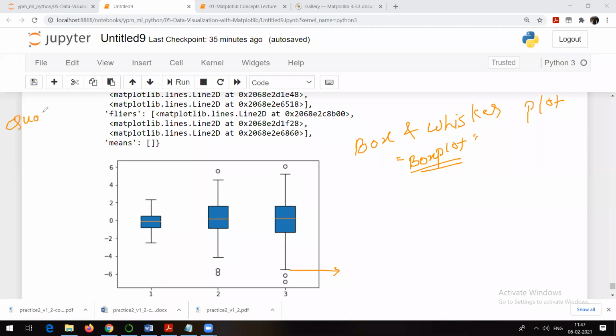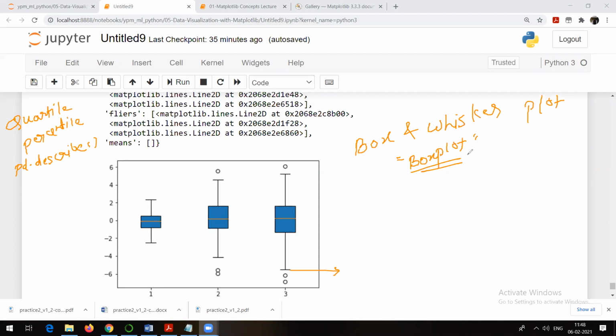Definitely, it is related to quartiles and percentiles. Last time we saw something called describe, right? Do you remember? The data describe we have seen. In that, I told you about the first quartile, second quartile, third quartile, and so on. So yes, something related to that only.